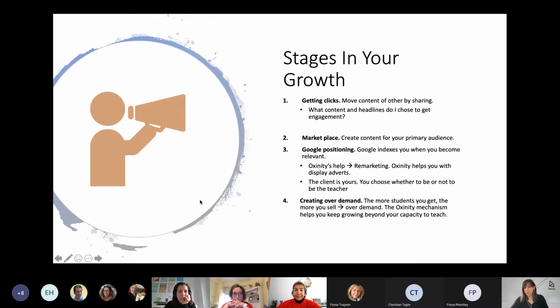So basically, we have identified four stages in your growth. We'll see what they are. The first one is, as I said, based on simplicity: getting clicks. The more content you move, the better, because the more people you can eventually reach.